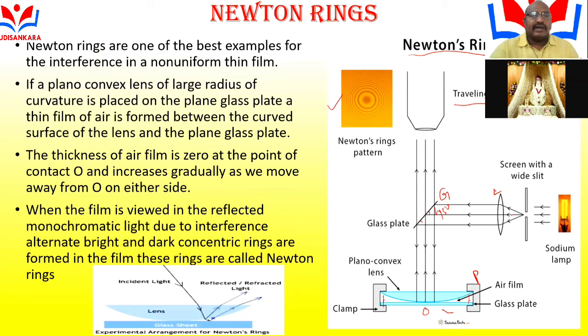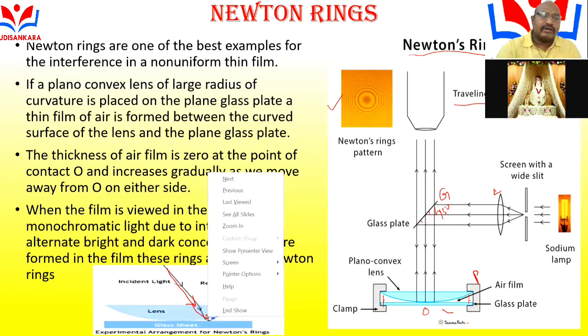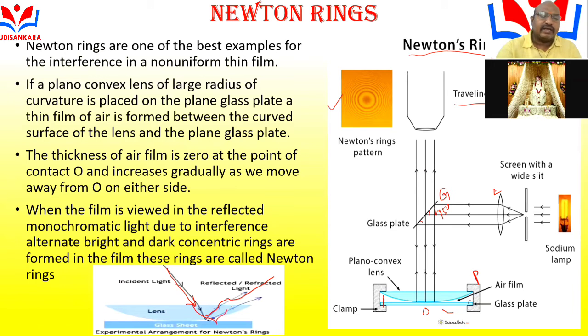When the monochromatic light falls on the plano-convex lens, some of it is reflected in one direction. Some portion passes through the glass of the convex lens to the glass plate, and is again reflected in another direction. These two reflected light rays get superimposed with each other and form an interference pattern of bright and dark rings, seen at the upper surface of the traveling microscope.